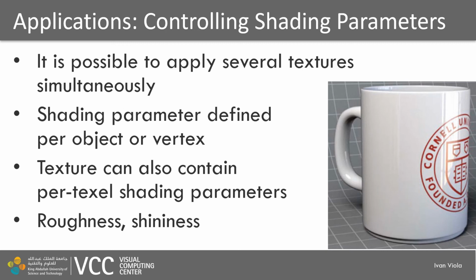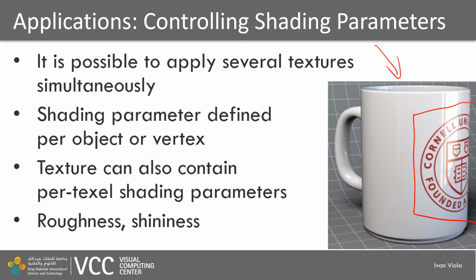Computer graphics has been using texturing not only for its original purpose of texturing an image onto constantly colored geometry, but also the texture can actually carry different information than just a color at a particular position. For example, here in this case, we can use the texturing for both putting the logo of the university on the cup geometry, but at the same time, the texture can contain material properties as well, which would mean that in the region of the texture which is filled with red, there will also be different values for the